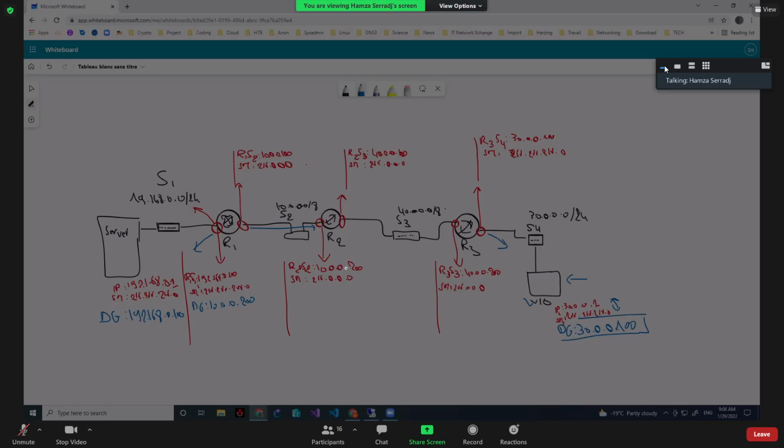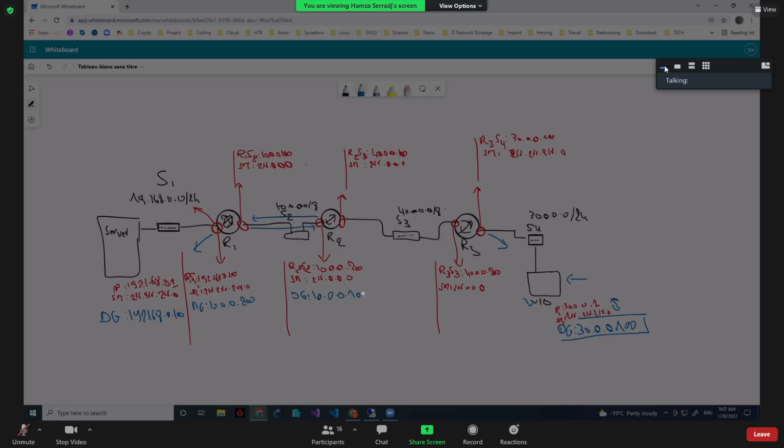Well, even if it's wrong, at least I was expecting someone to tell me that R2 needs to have the default gateway, the other one, right? So it should always work in two ways, okay? This is what I was expecting, even if it's wrong. We're going to come back to this, but at least I was expecting someone to tell me that I need to put here